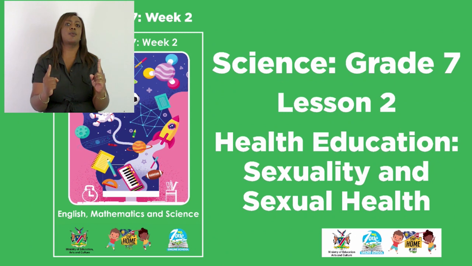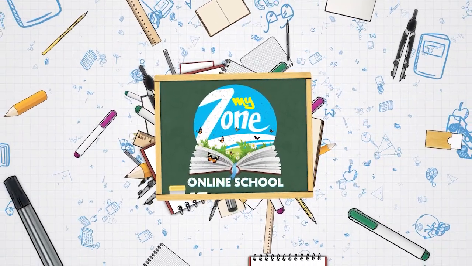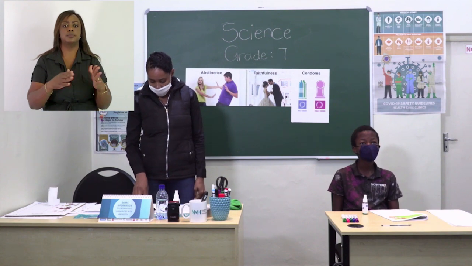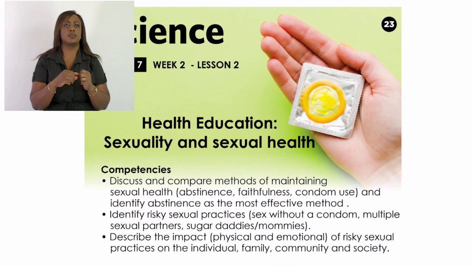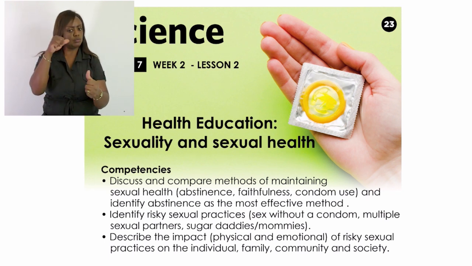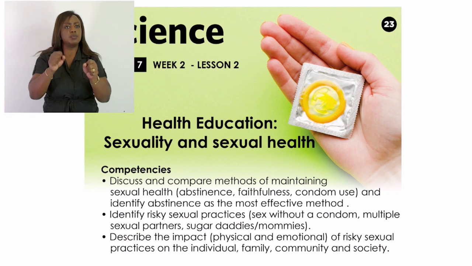So today's lesson is Science Grade 7, Health Education: Sexuality and Sexual Health. All right, let's turn to page 23, where we'll be looking at our basic competencies. By the end of this lesson, you should be able to discuss and compare methods of maintaining sexual health, identify risky sexual practices, and describe the impact of risky sexual practices on the individual, family, community, and